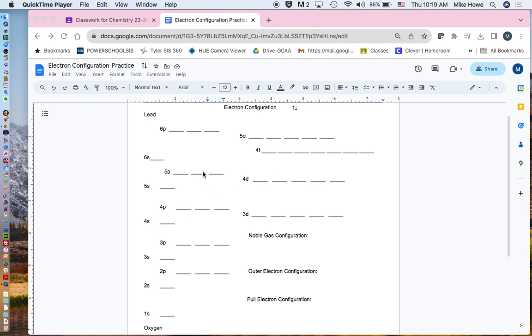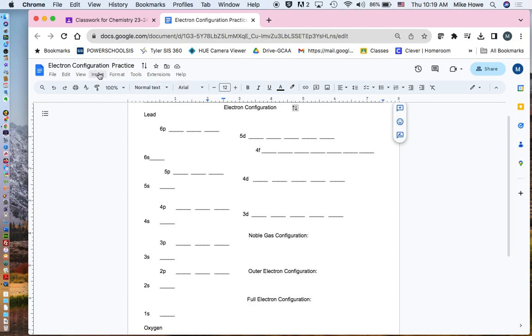This is a little review about how to write the electron configurations and fill in the orbital diagram for different elements. It goes like this. First of all, you need a pair of arrows. Probably will have those on the test for you, but in case I don't, what you would do is go